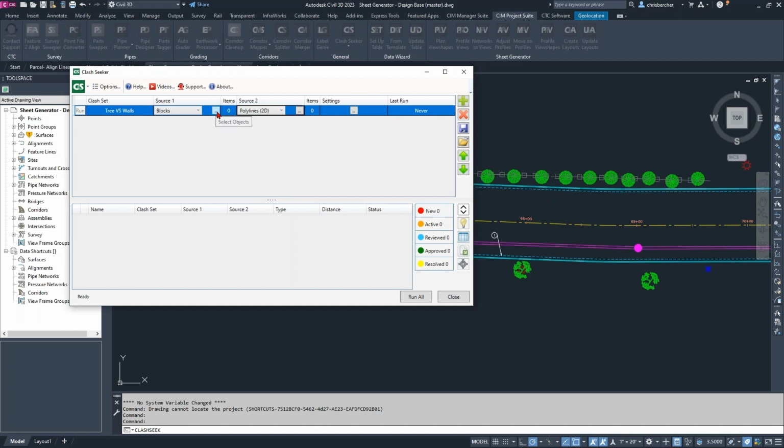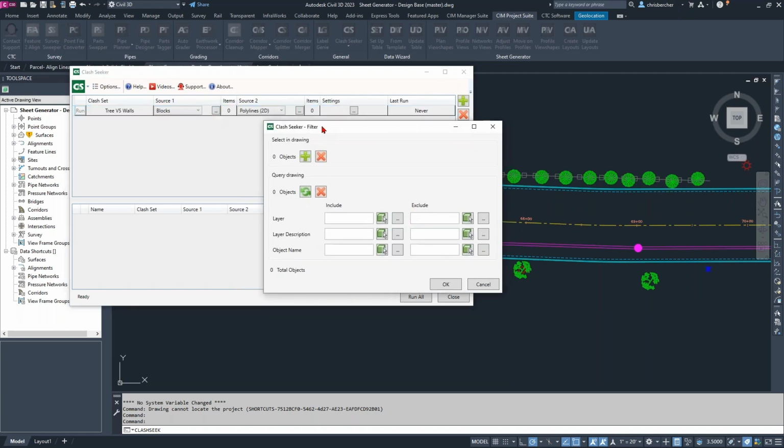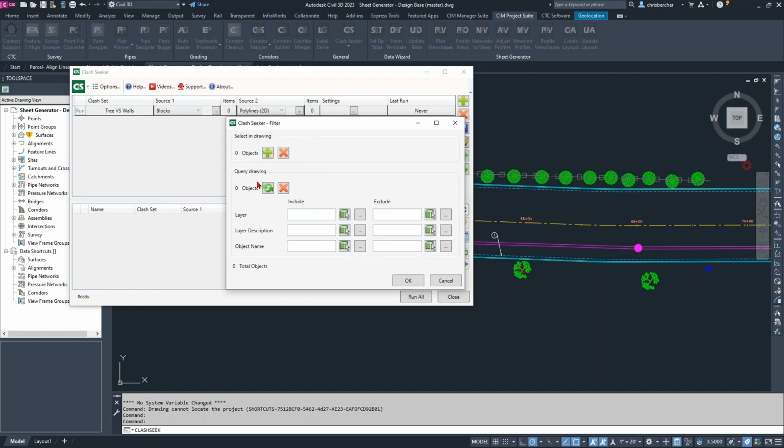And now I get to go ahead and define how to select these items. There's a couple of different selection methods, and that all happens with this little select objects icon right here. There's a couple of ways to do this. You can manually select your items to keep it to a minimum as far as what's being analyzed